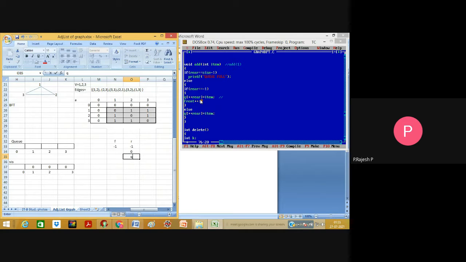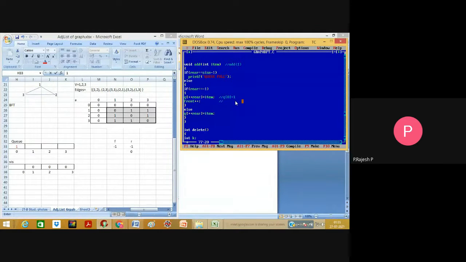So Q of 0 is equal to item, where item is nothing but 1. So Q of 0 is going to be placed with the value 1 right now.